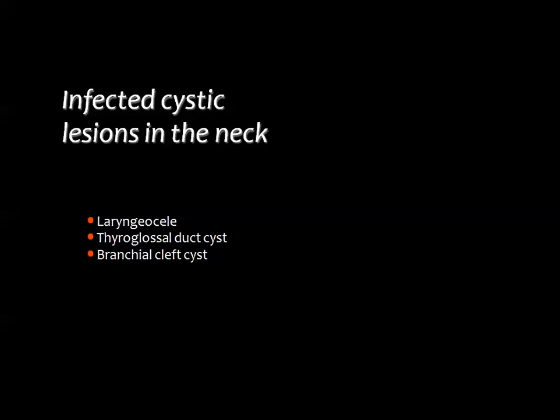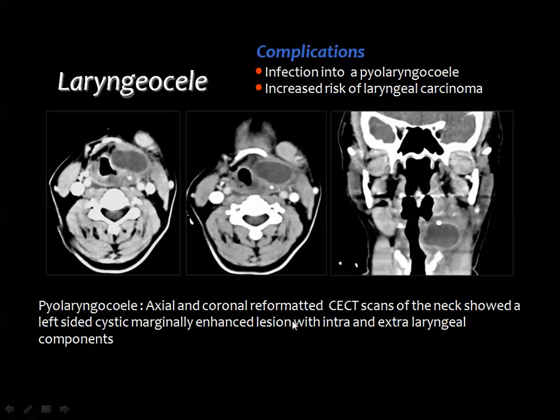Then we came to an issue which has been discussed before: the laryngocele, the thyroglossal duct cyst, and the branchial cleft cyst. All these lesions may be secondarily infected, leading to the formation of abscesses, as I have mentioned before. Then the laryngocele, whenever it is secondarily infected, will be transformed into an abscess with marginal enhancement and fluid density inside. And you remember we have three types of laryngocele: the internal one, which is confined to the larynx, the